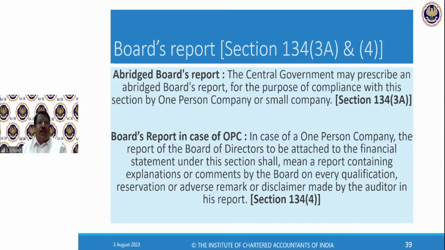See, this whole board's report exists because there is a dichotomy, a division between owner and manager. In OPC, this guy is only the owner, and definitely he may be director also. You mean to say, as a director, he'll give a report to himself? I told you about roles. Even then it sounds very schizophrenic, right? This guy is the director, and as a director, is reporting to himself as the owner. Even in case there's a separate director there, why should I keep reporting? Just in case there is any qualification by the auditor, you might have to respond to it.